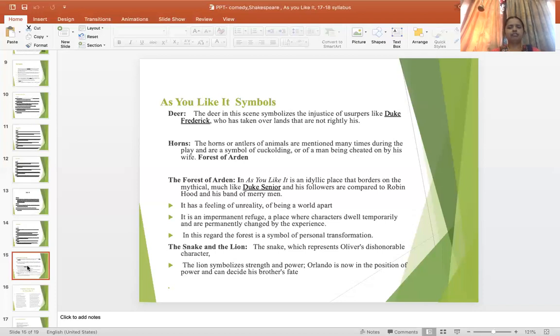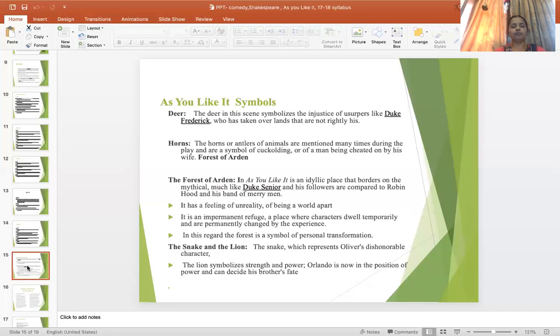It has a feeling of unreality, of being a world apart. It is an impermanent refuge. The forest is an impermanent refuge, a place where characters dwell temporarily and are permanently changed by their experiences. In this regard, the forest is a symbol of personal transformation. So, the forest of Arden is an instrument or a tool for each and every character for their personal transformation,